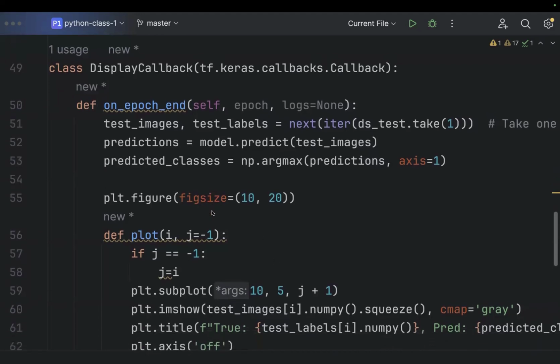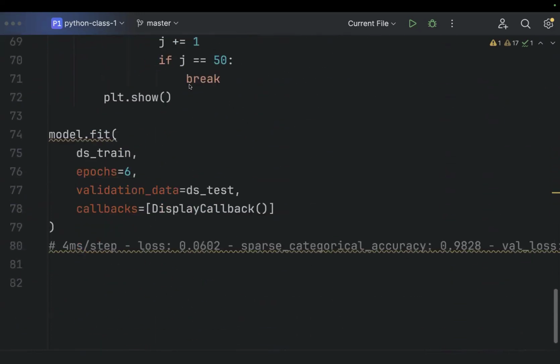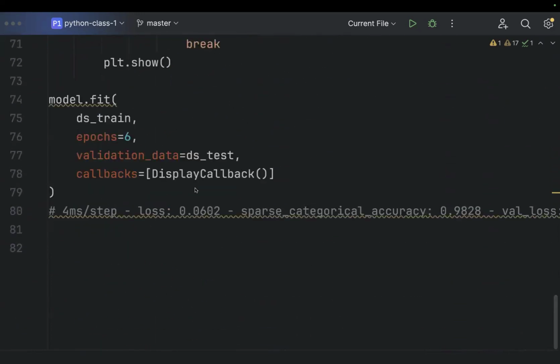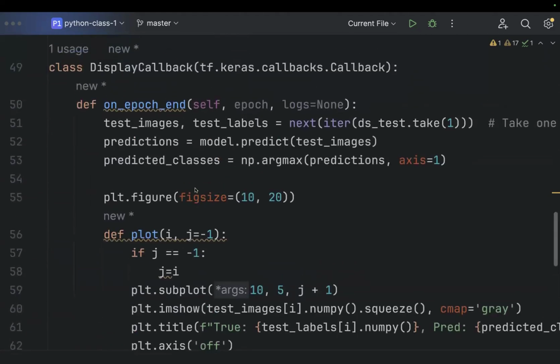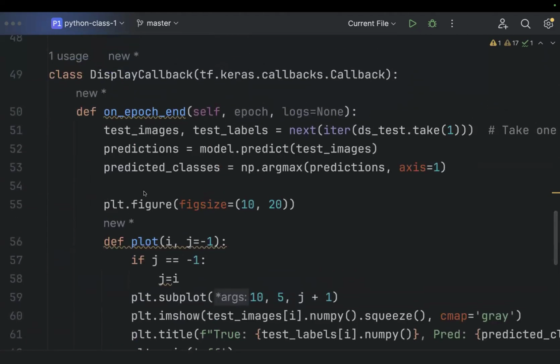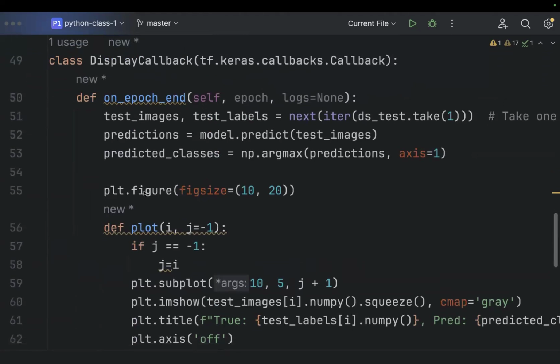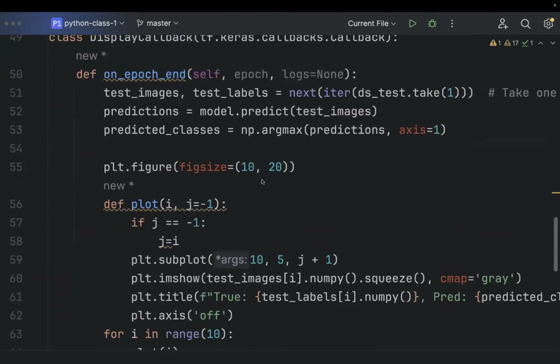So what I did here is create a callback function that you can then use in the callbacks. Now, if you're doing this the proper way, you should use something like TensorBoard, which is a web interface where you can see all the graphs and all the outputs, and you can plug in outputs, for example images, and see the image directly there and scroll through them and so on. But for this simple case, I just created a callback that I can call in my fit, and this callback basically goes through a bit of validation data and plots them, and also tells me if they were wrong or right. So what I did in this case is I created a matplotlib